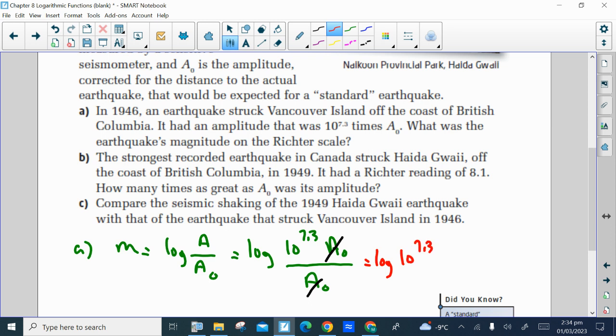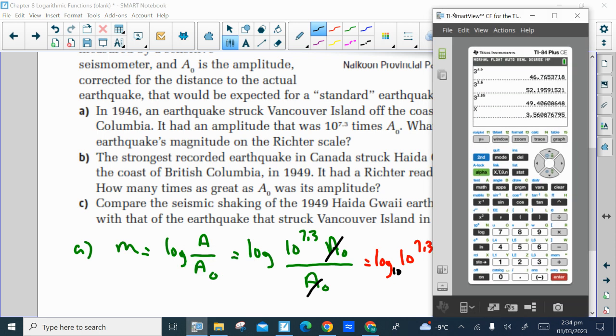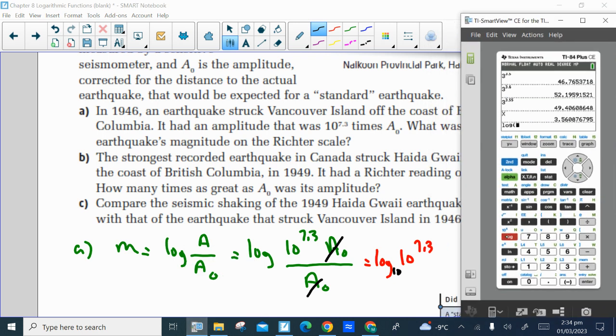Now, there is no base indicated for this log, right? The argument, what you're taking the log of, is a power. And that power has a base of 10. But the base of the log, because it's not written, would mean that it's also 10. Whenever the base isn't indicated, that means it's a common log, which means base 10, which means you can use your calculator because it's programmed to evaluate common logs. So you just have to hit the log key, and we have the log of 10 to the power 7.3,